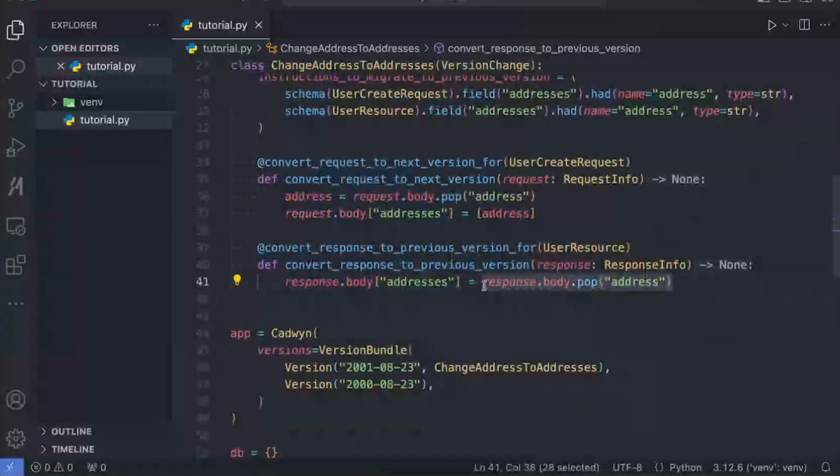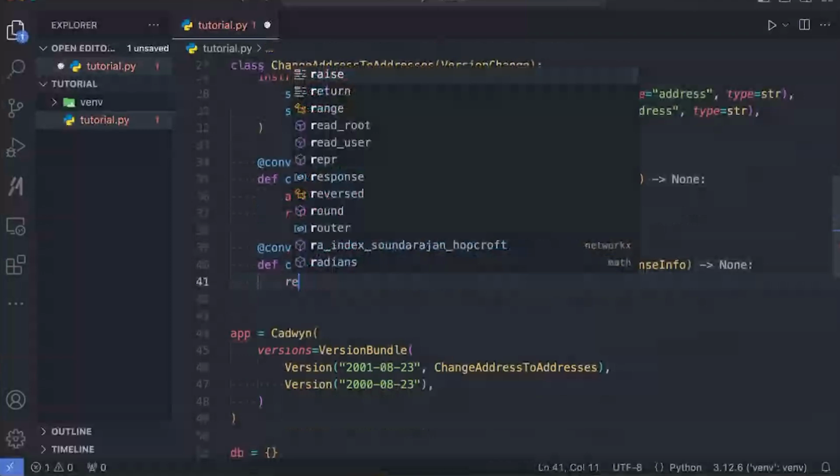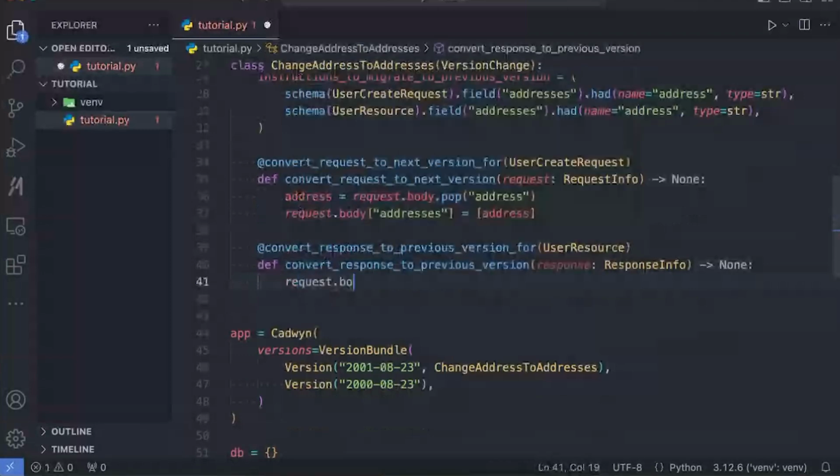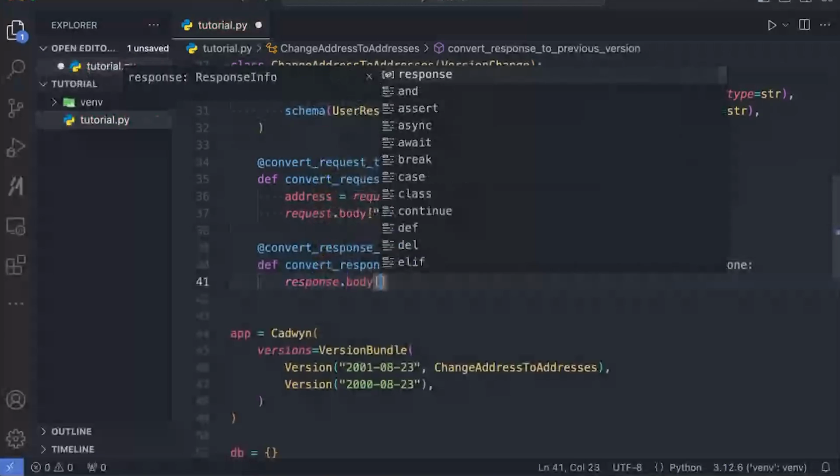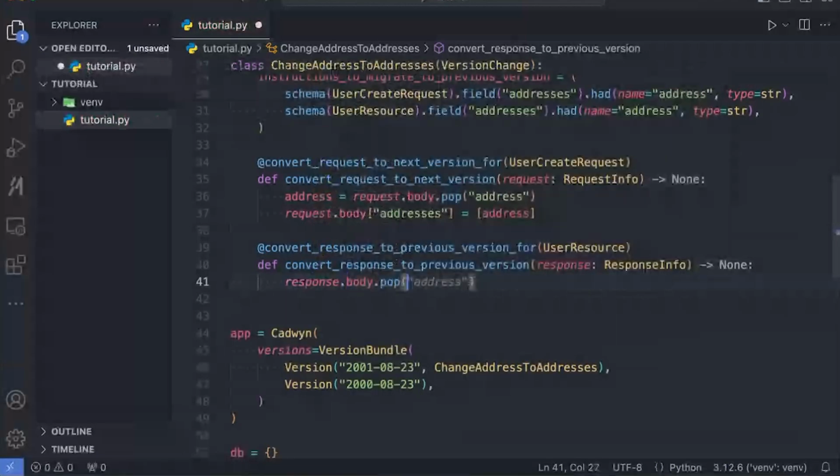Let me show you. So we go request, body, response, body, and then we want to pop out addresses now from responses, because from the latest version we're returning something with addresses, because our business logic assumes that there is only one version, the latest one.